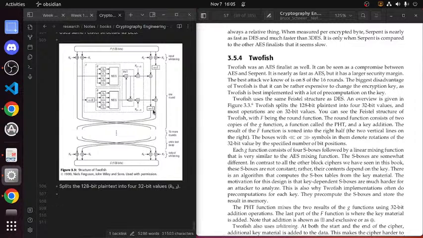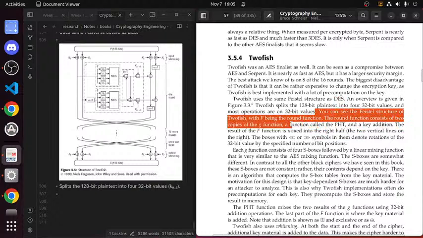So you have K0 to K3, these 32-bit values. You could see the Feistel structure of Twofish, with F being the round function. So you have F here. This is a round that happens over and over and over again.